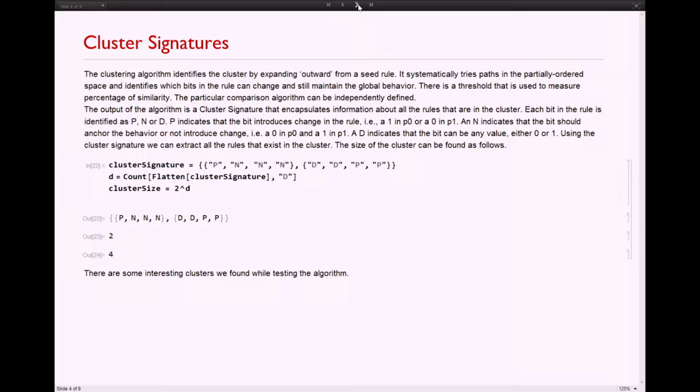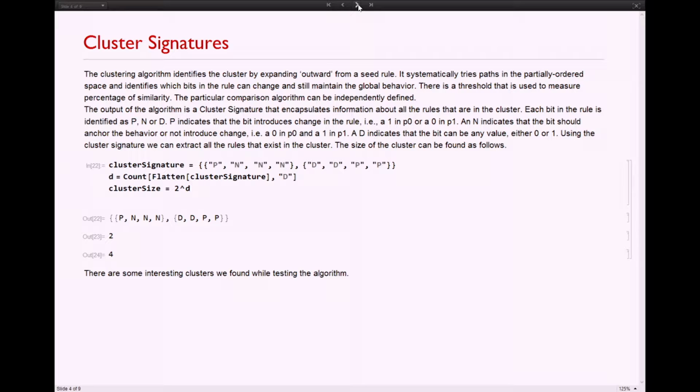So the phrase we coined is cluster signatures. What I was able to find with my rule crawler as I move from node to node, the way the partial ordering system has the neighbors set up, because remember that each neighbor is only one bit apart from the central node that you're observing at that point, there was a pattern to that. So I created a cluster algorithm that actually figures out a signature for a rule. So Sierpinski's triangles all have the same exact signature, and no matter how many times you run the signature, you will always get a Sierpinski's triangle.